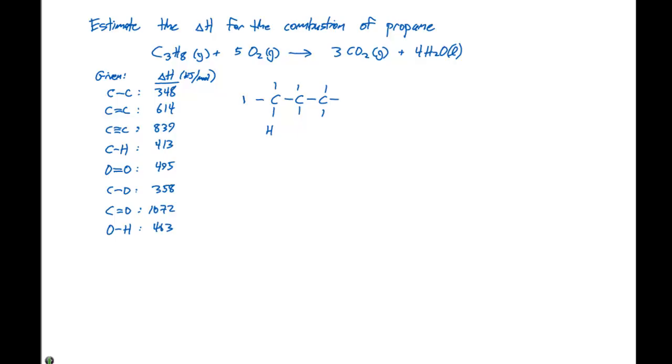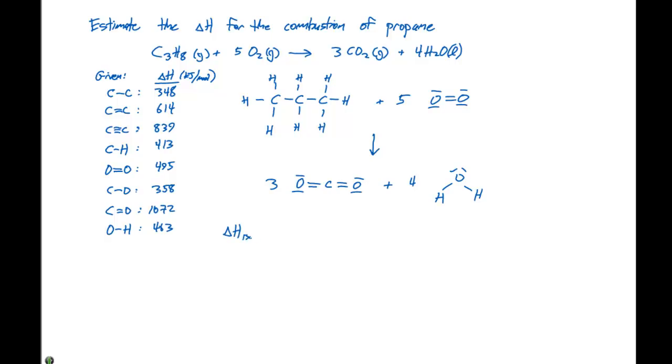like this. So we have a carbon in a chain with 8 hydrogens around it, plus 5 of these oxygen-oxygen double bonds. These are going to react together to form 3 CO2s, which we can draw like this, plus 4 waters. So here are our Lewis structures of what we have for our reactants and our products, and we can